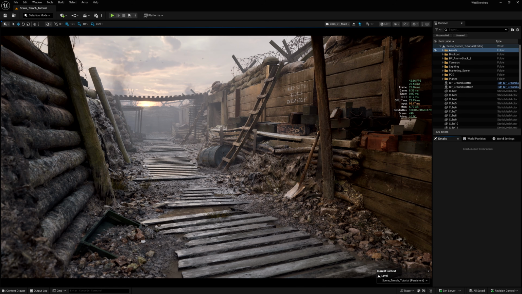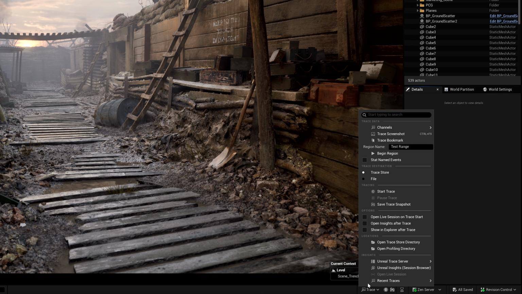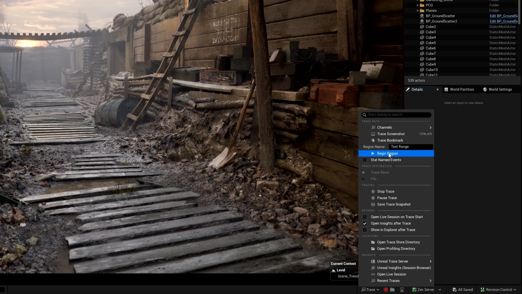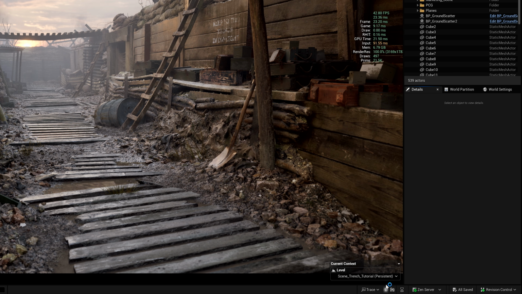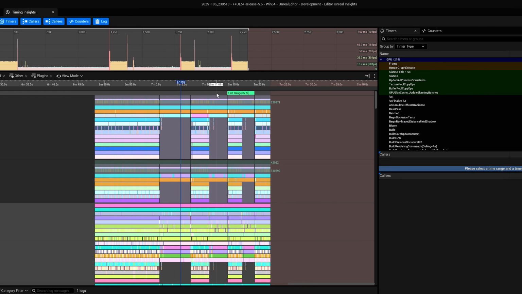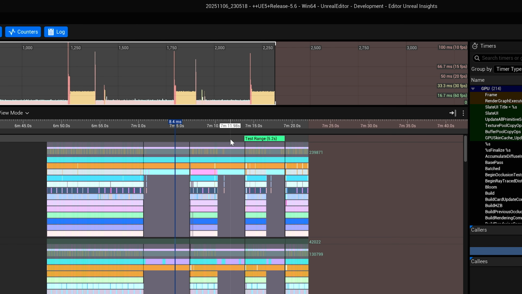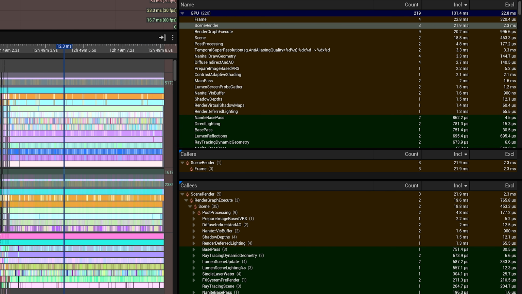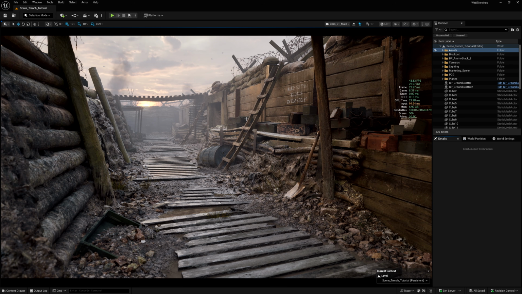Now that we've done some optimizations, let's go back to the trace dropdown. I'll enable Open Insights after trace, and I'll begin the trace. A cool feature with Unreal Insights is that you can set a region name, click Begin Region, and then End Region, and that will show up in tracks as a sort of chapter to help identify and organize performance checks. The key to optimizing any project is profiling, comparing the before and after, and repeating the process. Performance is looking quite a bit better with some easy wins,